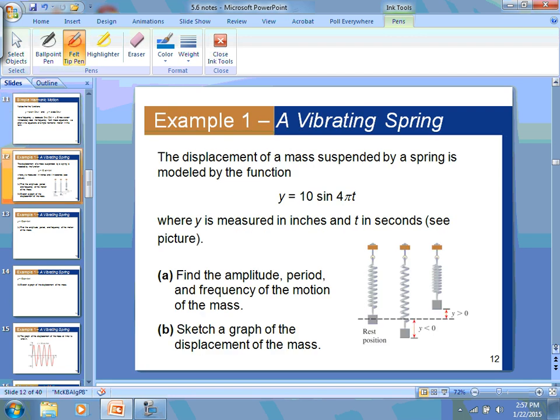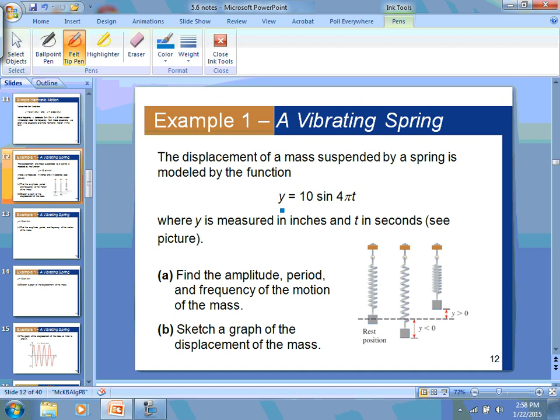Okay, so let's take a look at some examples here. I believe we have 4 examples for how we can apply these new equations, and we'll see some other equations as well. Okay, but here we're going to talk about a vibrating spring, and it says that the displacement of a mass, so that would be this little boxy thing at the bottom here, suspended by a spring, so here's our spring,